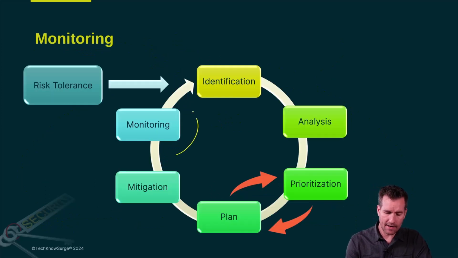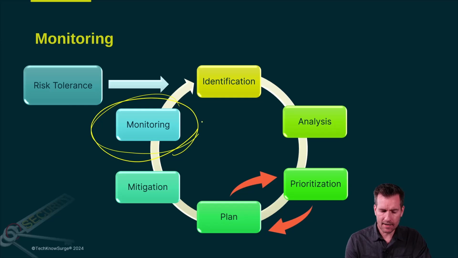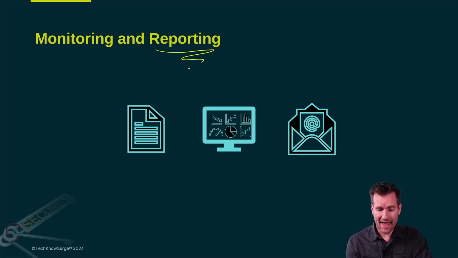Then we get into the monitoring phase. Really, at this point in time, we need to check to make sure that what we've implemented is actually working, that we've actually mitigated the issue. So we're going to start monitoring the systems and see what is going on on those systems and if we've improved things, because that's really what we want to do, is we want to improve things. And there is a lot of reporting that happens in here, because what we've done is we've made these changes and the company has invested time and energy and money into these changes, and they want to know that it's being efficient and it's actually working.